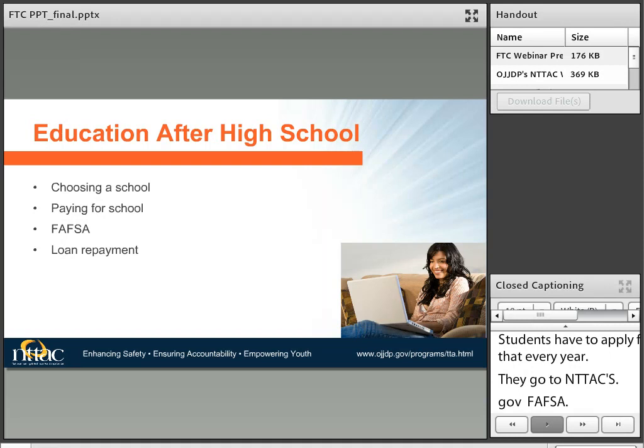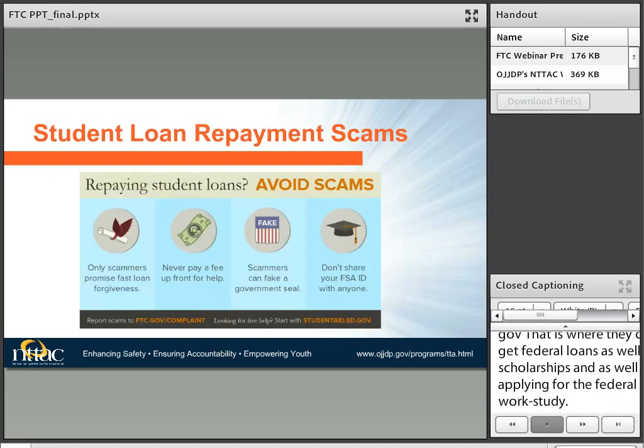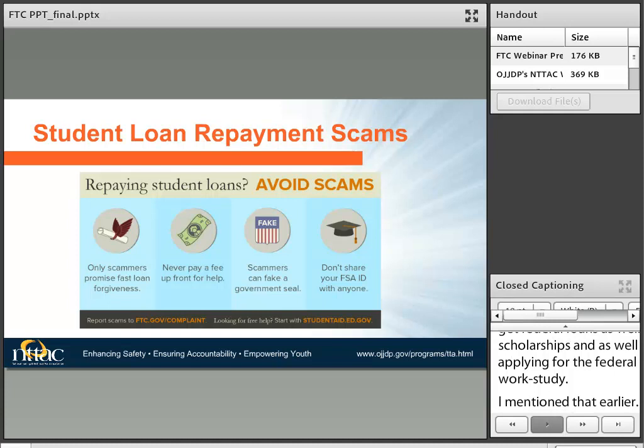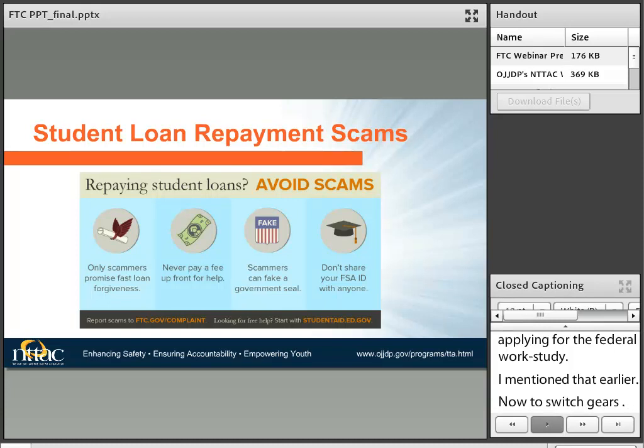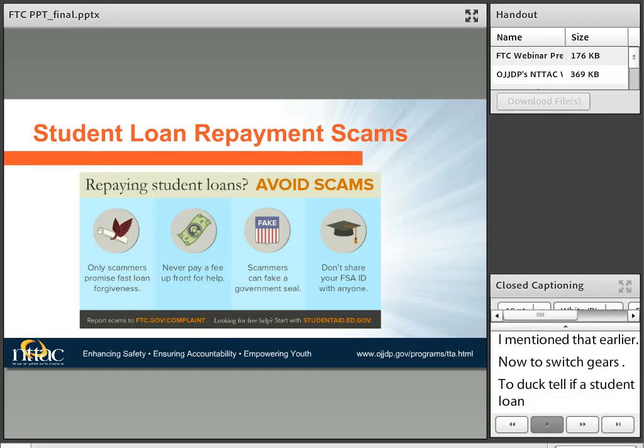So now to switch gears, to dovetail off of student loan repayment, and more so to explain why we're in the student loan space, I wanted to talk about student loan repayment scams. As Sina mentioned earlier, we're an enforcement agency, and so